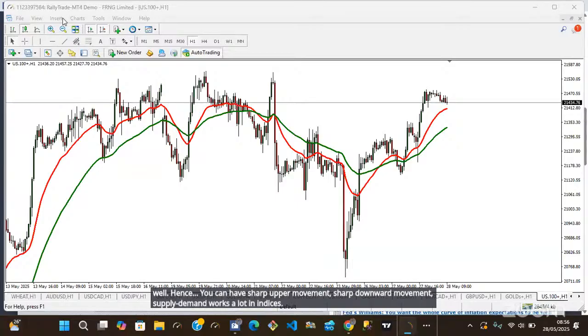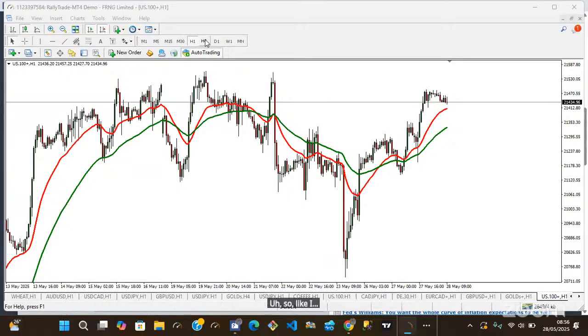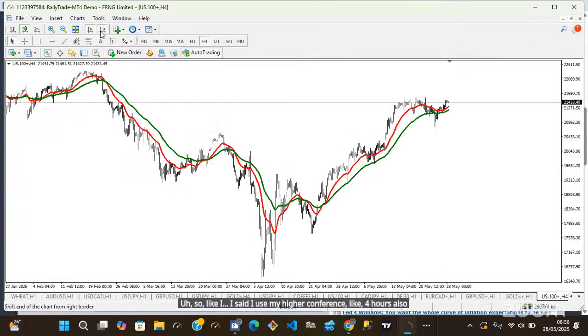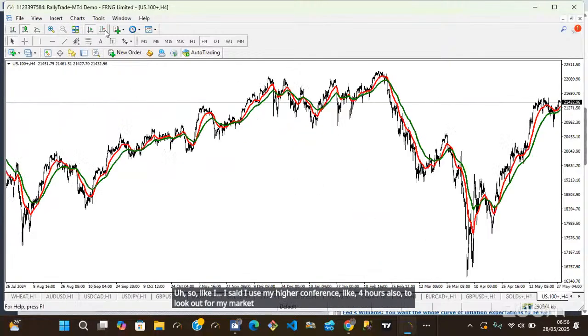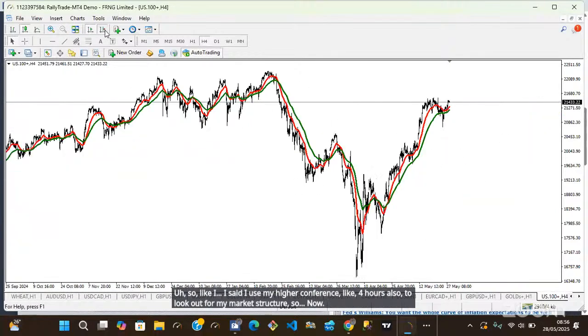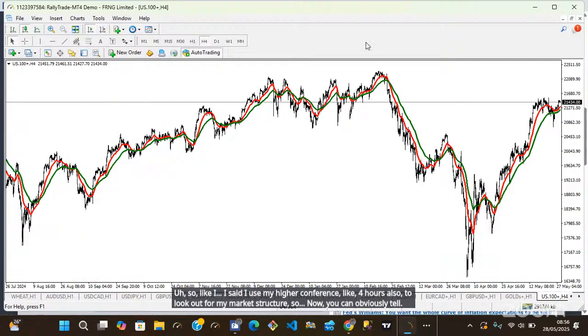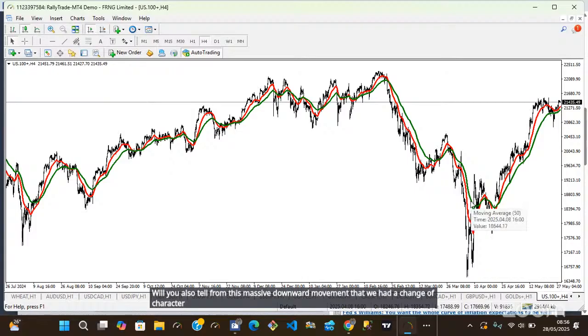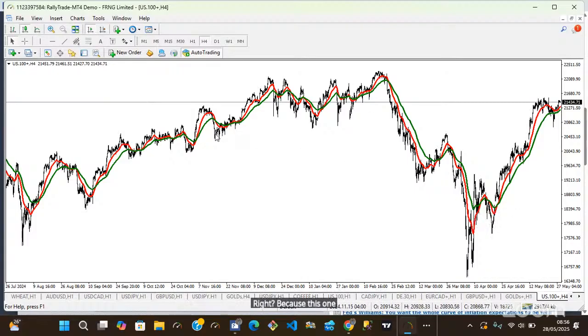indices. So, like I said, I use my higher time frames, like 4 hours also, to look out for my market structure. So now you can obviously tell from this massive downward movement that we had a change of character to the downside, right? Because this one alone broke structures. Our last low was here initially,